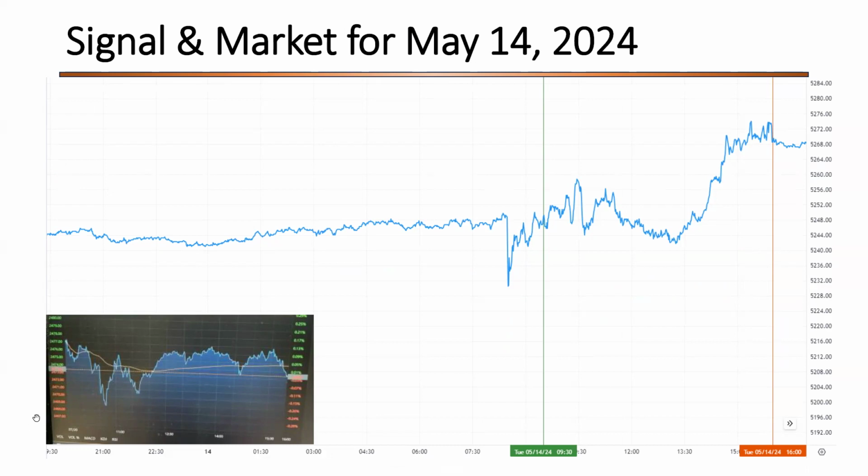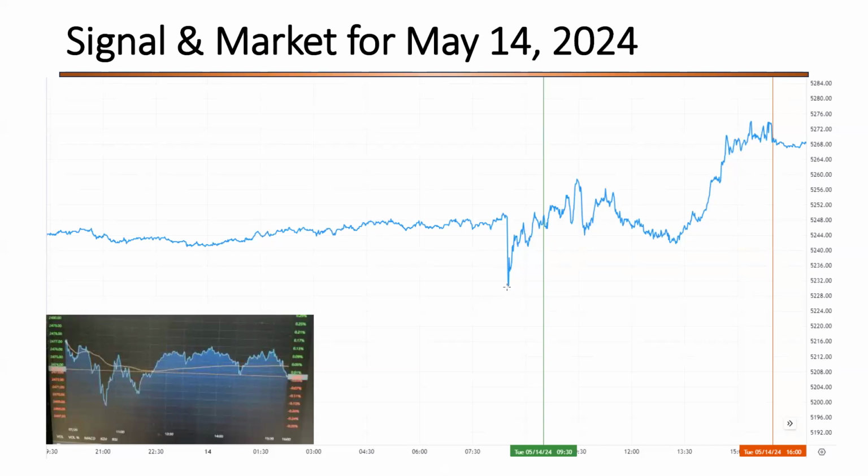Also, just as a note, on event days like this, I don't rely too much on the reference chart, because it is highly dependent on the data and the market can move in crazy ways. So here, upon release, you see that the market immediately dropped about 50 points. And it went down to